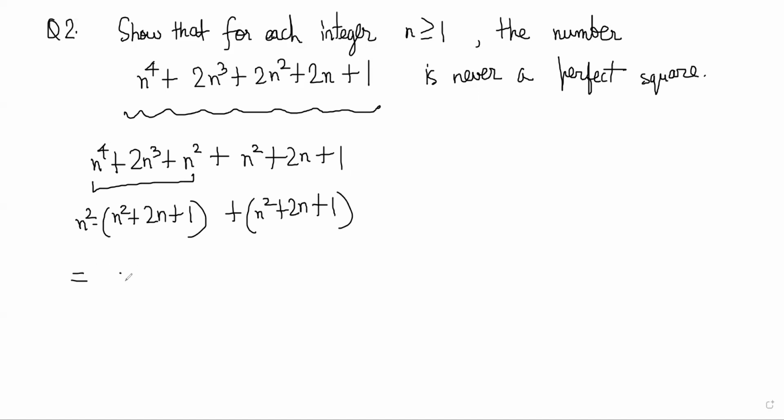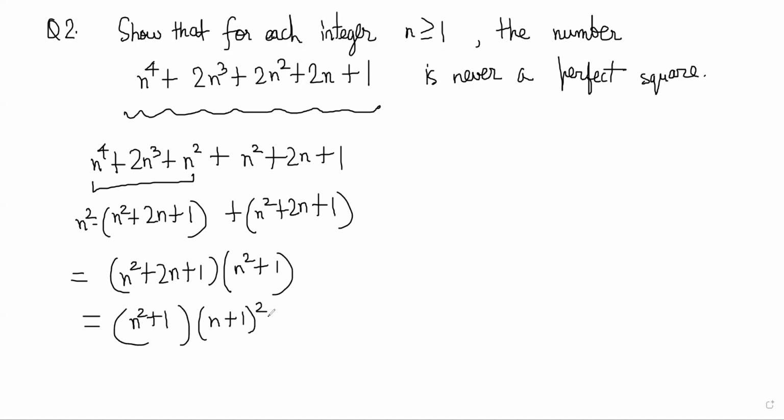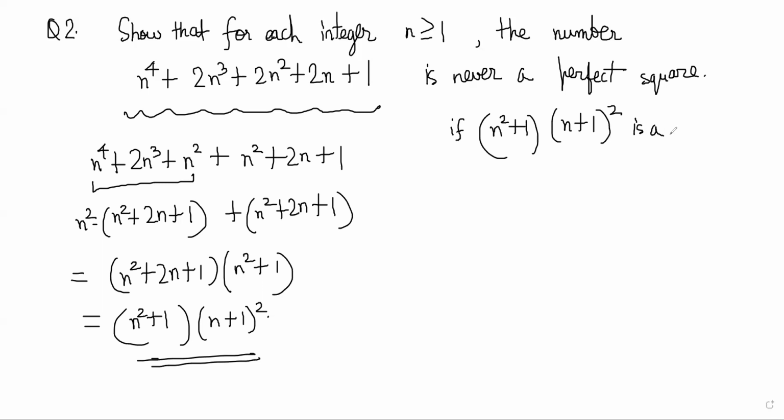So the factorization of this is simple. It is n squared plus 2n plus 1 multiplied by n squared plus 1. So basically, this is n squared plus 1 multiplied by n plus 1 whole square, right? That is the number here. Now, if n squared plus 1 multiplied by n plus 1 whole square is a perfect square,